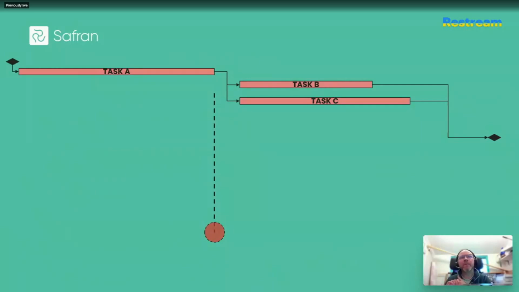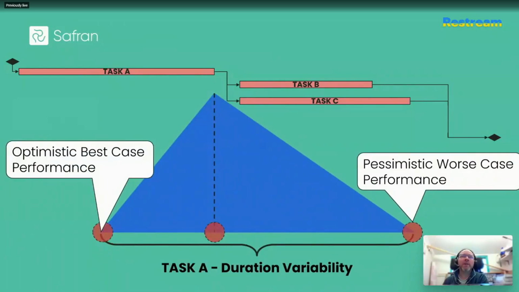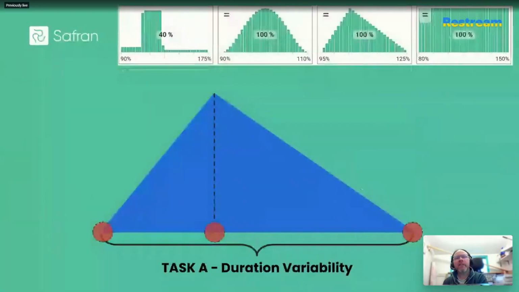So for many people, risk ranging the possible duration of each activity is the minimum starting point. And the purpose is to consider the possible extremes of their team and their supply chain's performance, and maybe also giving some credence to the most likely outcome. Now, various uncertainty distribution shapes like these and many others are available, but these are the ones that are most typical in my experience, particularly the triangle.